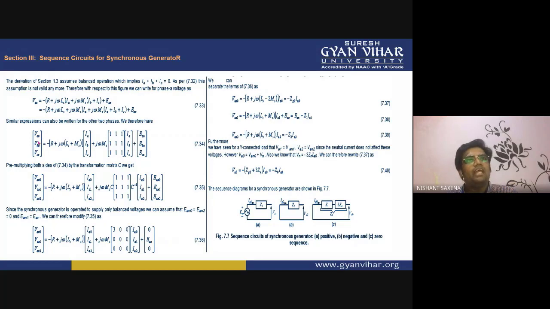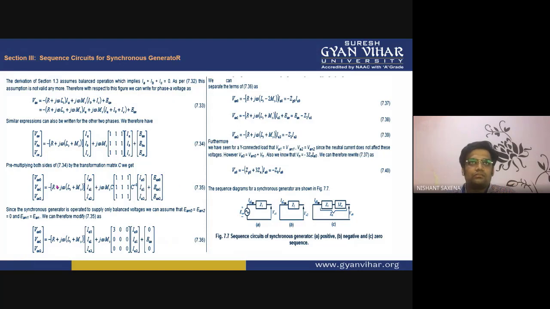Similarly, it can be resolved into equation 7.33, and expressions for the other phase to neutral voltages VAN, VBN, VCN can be written as minus R plus j omega Ls plus Ms, times Ia, Ib, Ic, plus j omega Ms in this form. These are the phase to neutral voltages of the different phases in matrix form. Now, when we multiply both sides by matrix C,